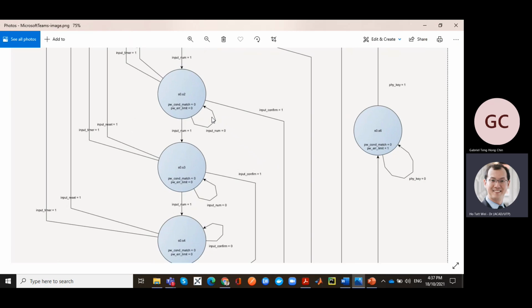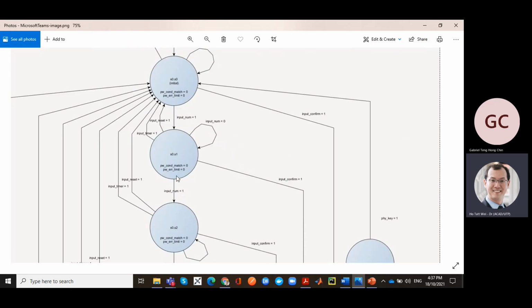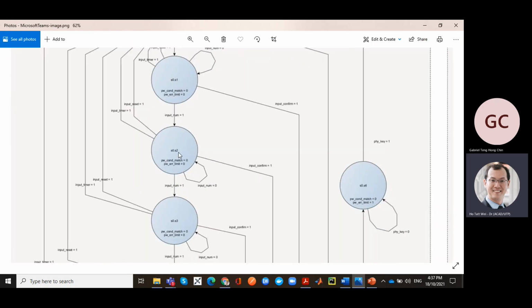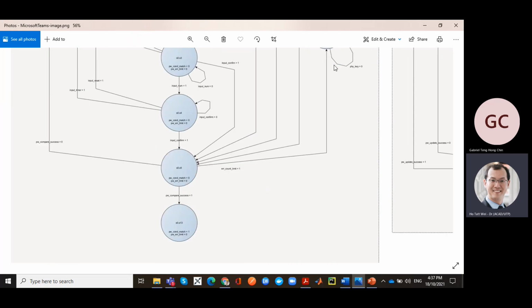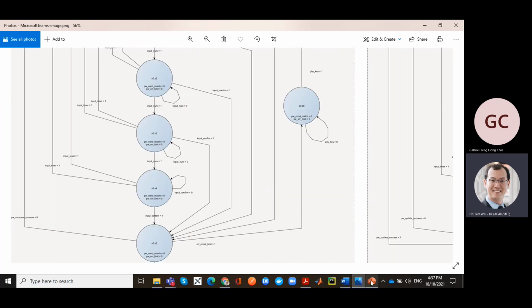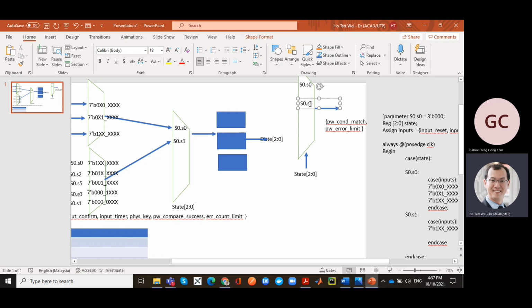So this is state 1. My 2-bit function is 00, 00, 00, 00, 00, 00, 00, 00, 10, and 01. Okay. So basically, if you don't need to use arrows, you can just go like that. A whole bunch of